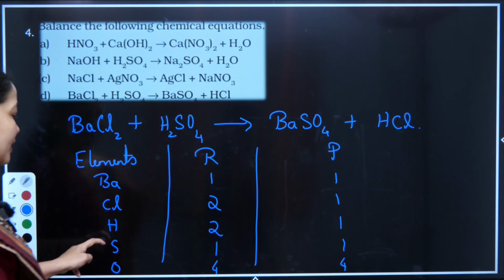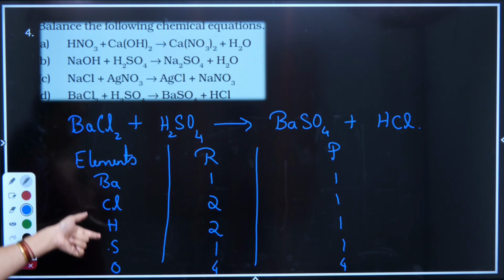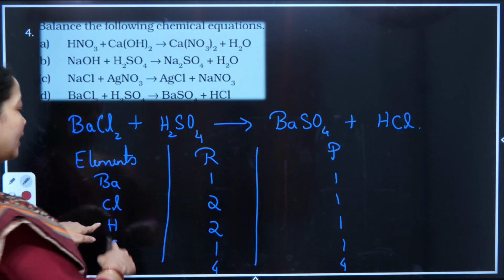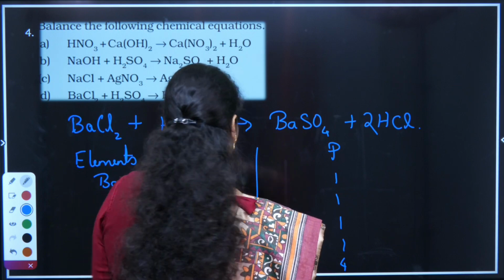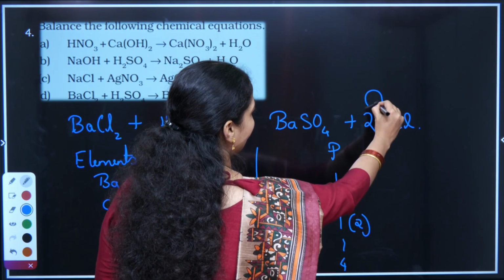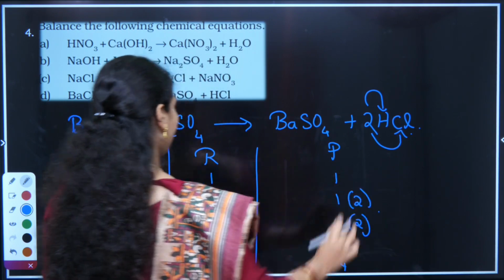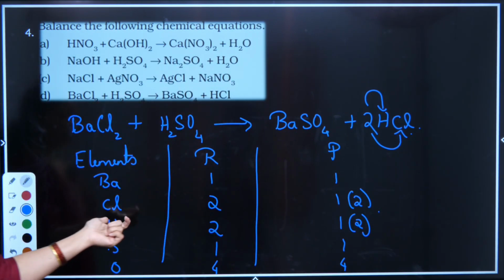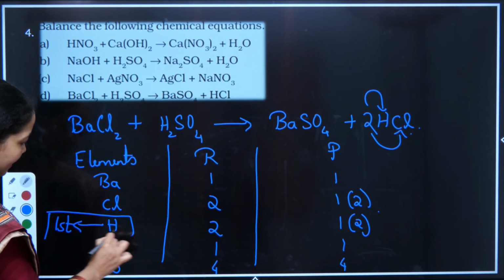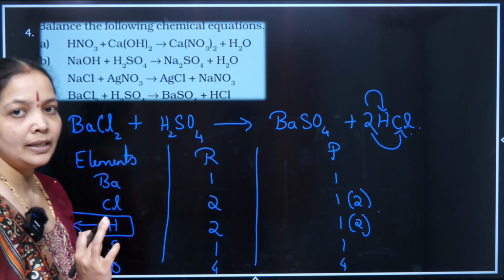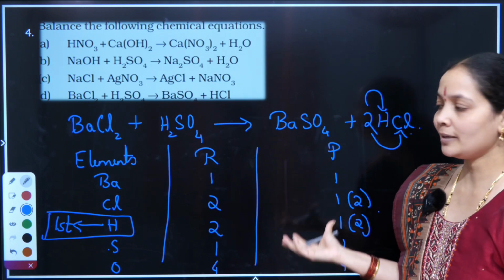So if I can see sulfur, oxygen and hydrogen, out of these 3, sulfur and oxygen are already balanced, I will strike for hydrogen. Hydrogen is 2 in my reactant, 1 in product, so I'll place a 2 in front of it. So multiplying with 2 is changing the composition of 2 elements, that is hydrogen and chlorine. Chlorine is turned to 2. Now if I check, all the elements are balanced, just by striking hydrogen first. I am writing first here, that means I have to look into the balancing of hydrogen initially. Then going to other elements, the chemical equation will be balanced.